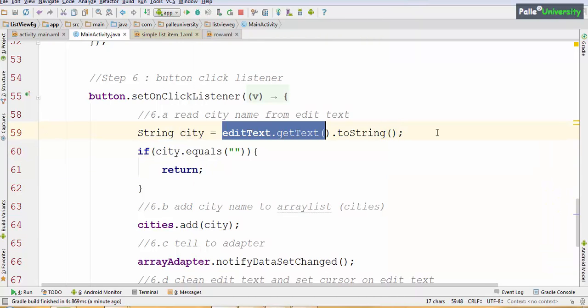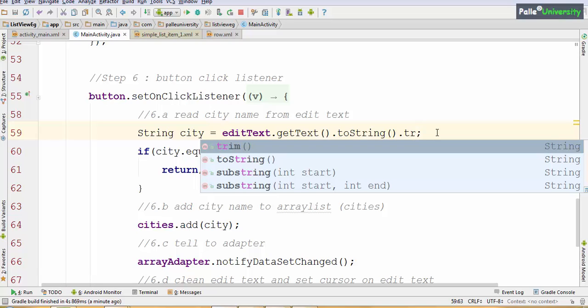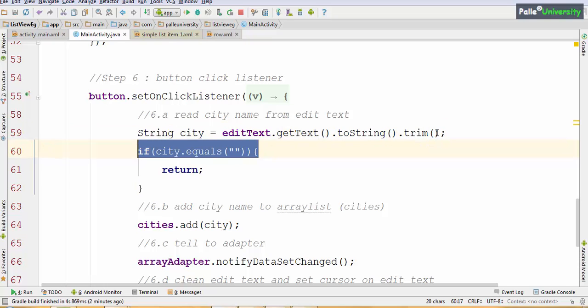After reading the element from the edit text, after converting into a string, you should call the dot trim method. Trim is a predefined method of the string class which will remove the starting space and the trailing space, that is the ending space. After removing unwanted spaces, then we are checking if it is an empty string or not.